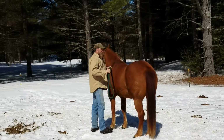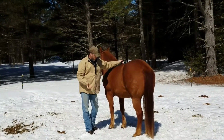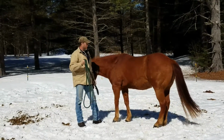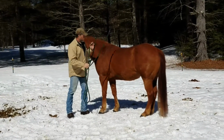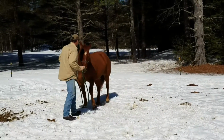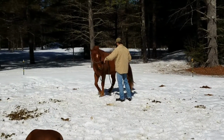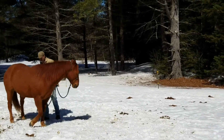You know, and that's just basic foundational principles that I like to have on most horses, other than the hip swinging in. I generally wait till a horse proves themselves to me for that. But basic principles. So here, I want him to back up. I'm not actually asking him to move, so I want to push on that hip, push on that shoulder, push on that hip, push on those ribs, push on that hip,